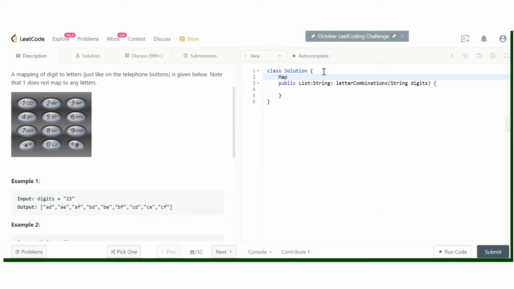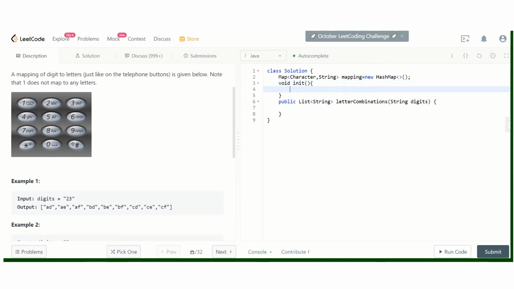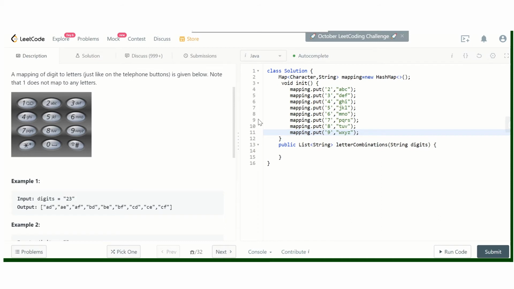Map, character to string, mapping, new as map, and let's create a function in it for initializing this map. So I have added the mapping here.